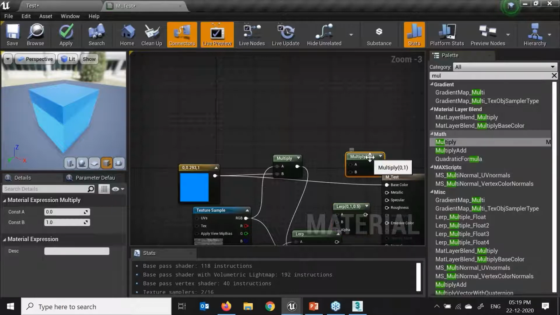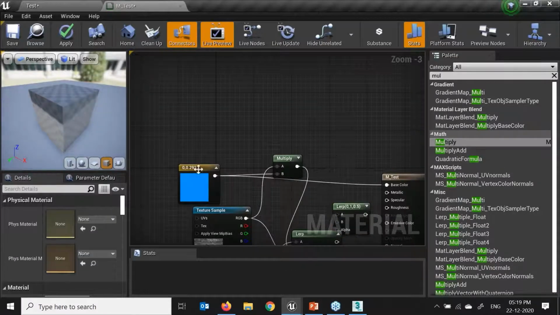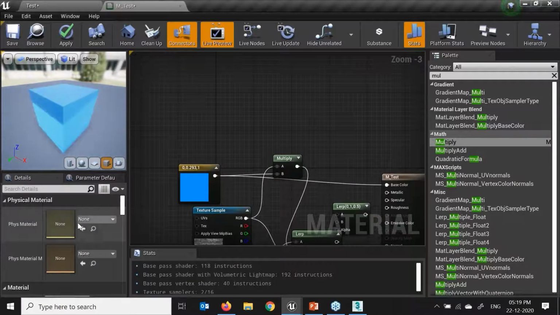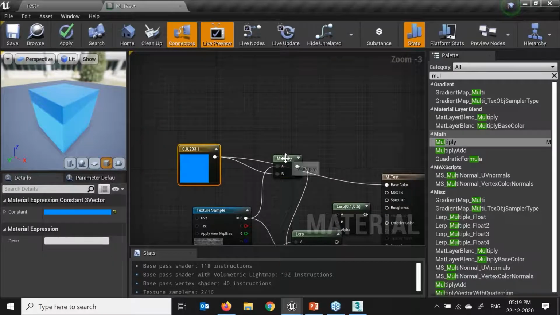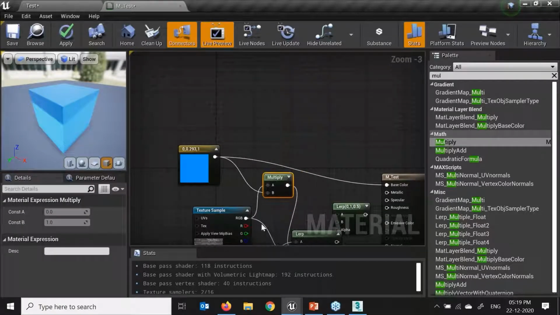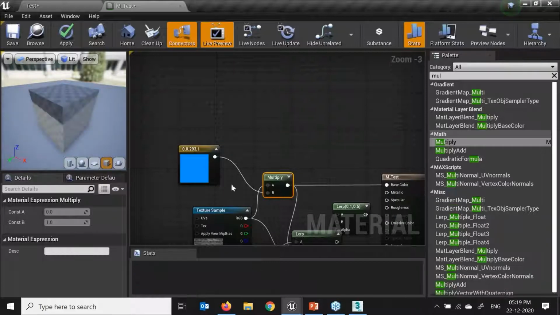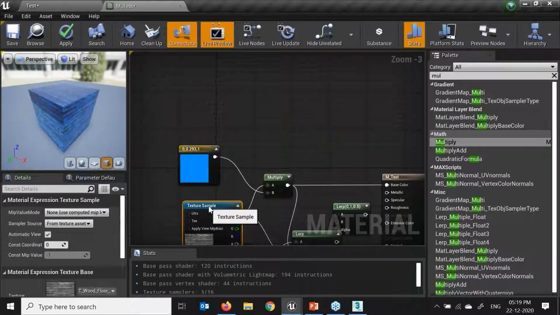Correct. So these are the different settings we can do with the help of this material. So this constant material will go to the multiplier. Now here is the benefit. I'll drag and drop to my base color. Here you will see we have this multiplier of these two colors.